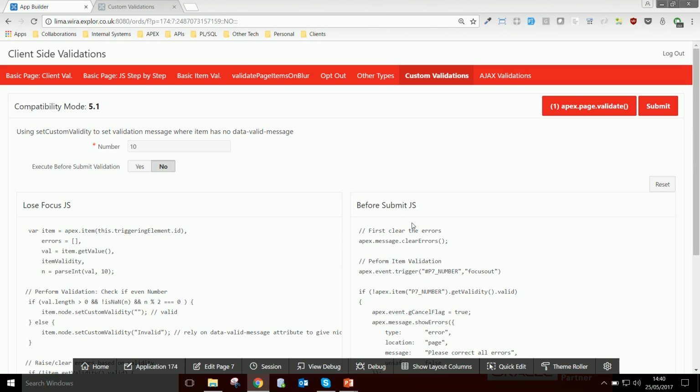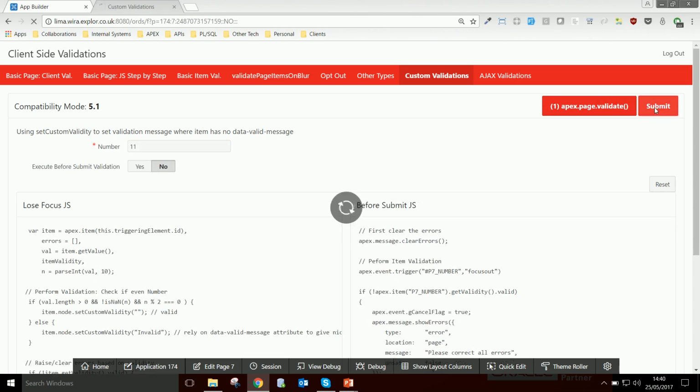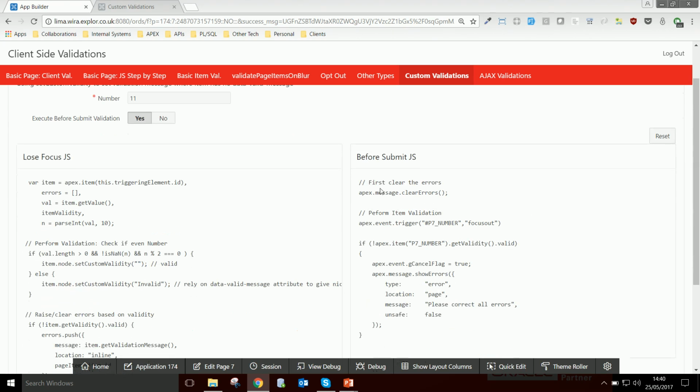Okay, and then I've got a separate piece of code for the before submit JavaScript. So you might see here, if I put a value like 11 in and submit the page, that was absolutely fine. But I'm going to change this item here, execute before validation. So I'm going to switch that on. So what this is doing is first clearing down any errors which may appear on the screen, and then I'm going to perform this item